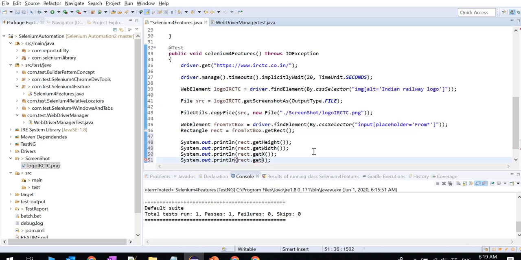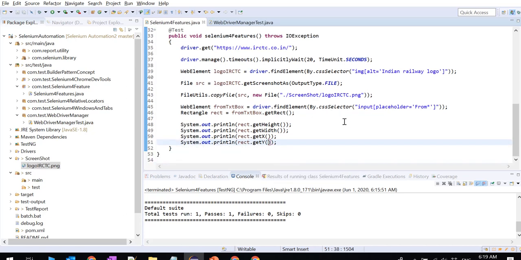This way we can capture the dimensions of any element. What's the problem? Yeah, I think there is one extra parenthesis. Now it's fine. Okay, let me execute and see what happened.